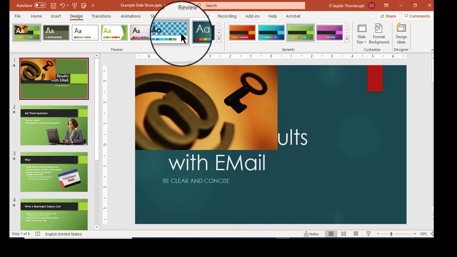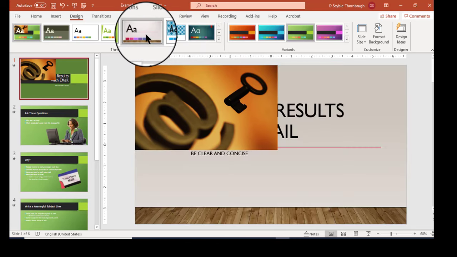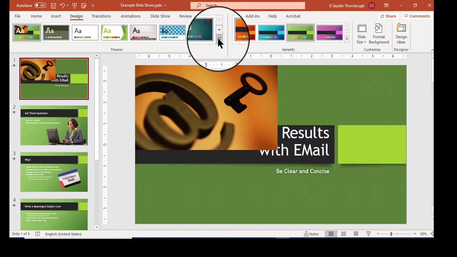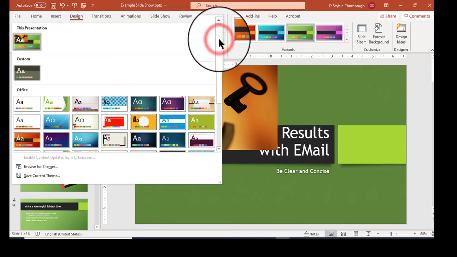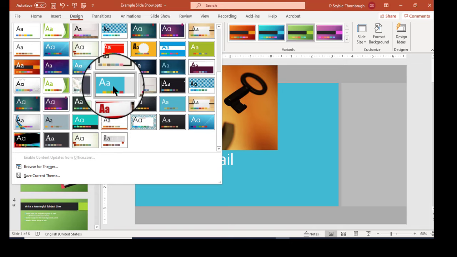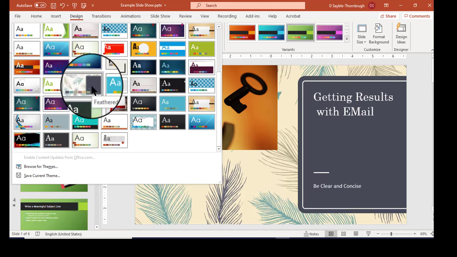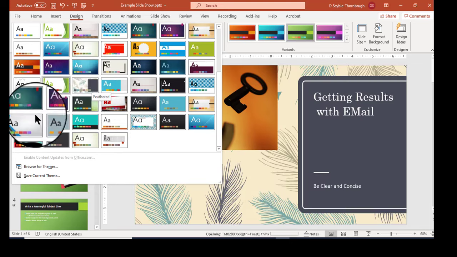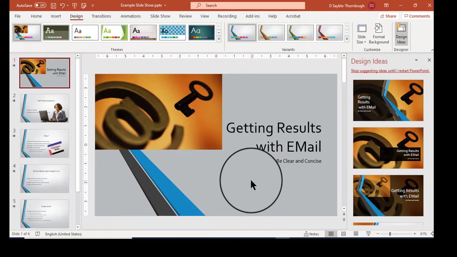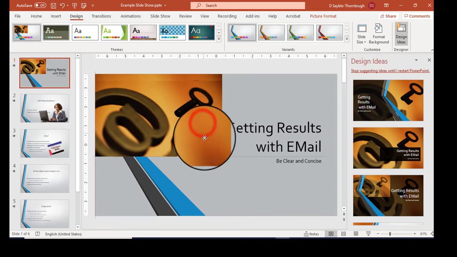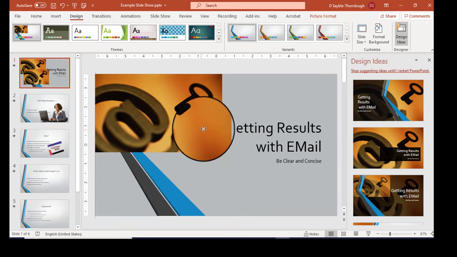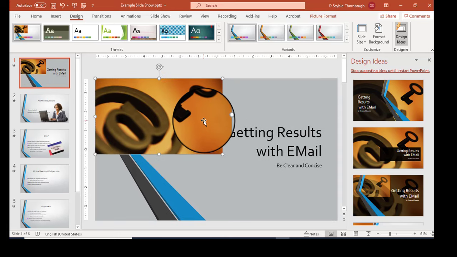I can pick one of the ones in the gallery here, and I can test them out, see what they look like just by hovering the mouse over each one. Or I can click the More button to see more possible choices in the gallery of themes. So if I see one that I like, I can just grab it, click on it, and I notice that this picture is one that's sort of layered on top of the theme, and if I want, I can get rid of it,